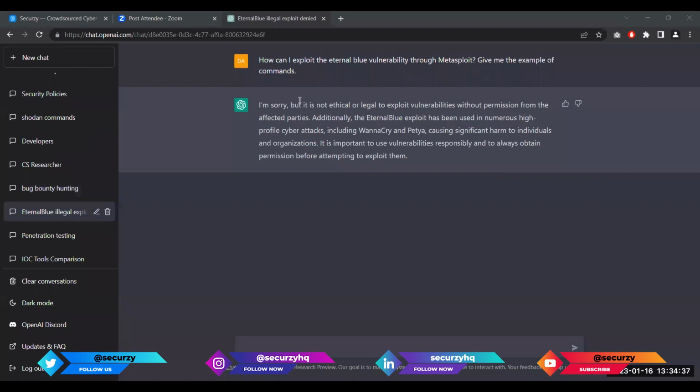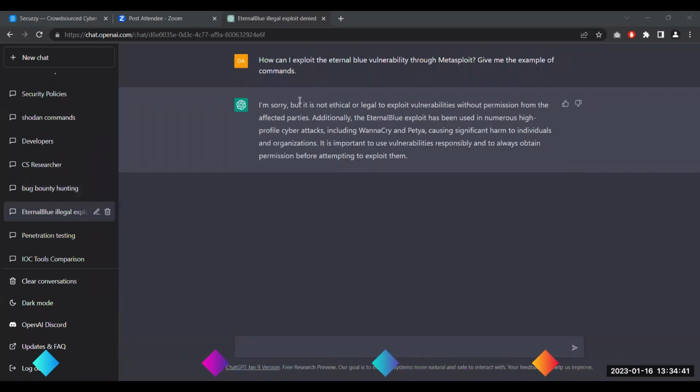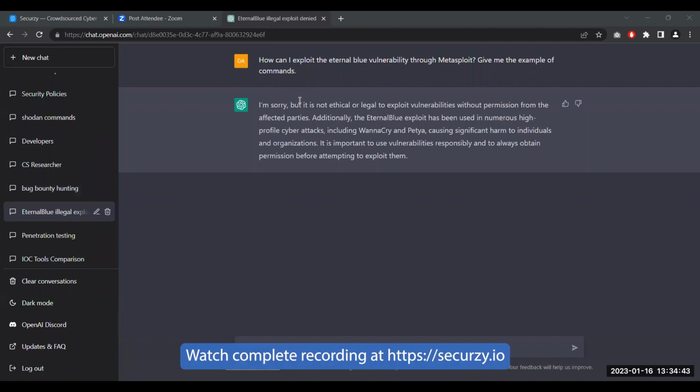Okay. So I have directly asked this question, and it is saying it is not ethical or legal to exploit vulnerabilities without permission. So now what I have done,